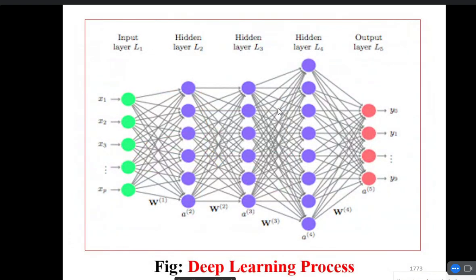So this is the architecture of a deep learning process. We have input layer L1, hidden layer L2, hidden layer L3, hidden layer L4. You can ask